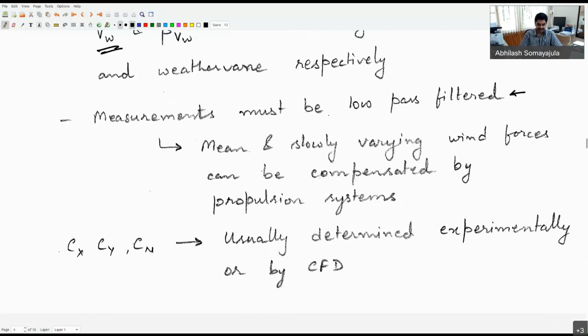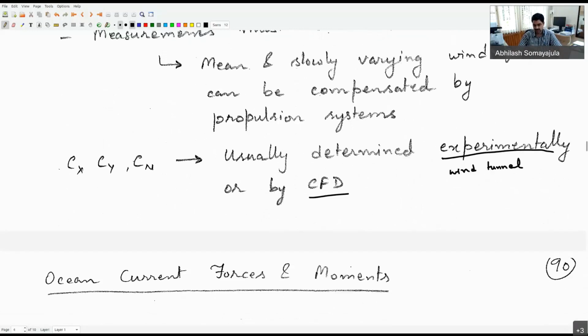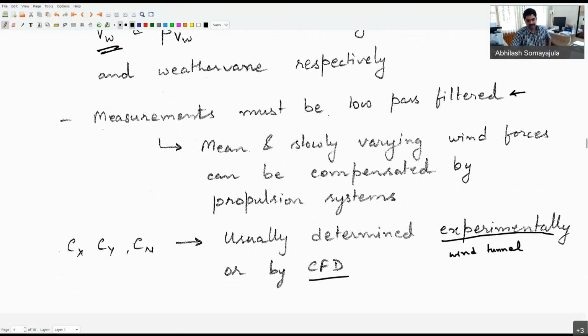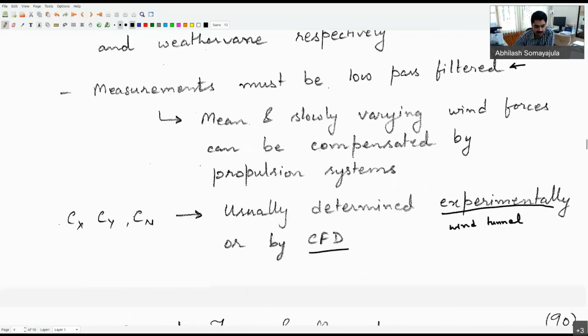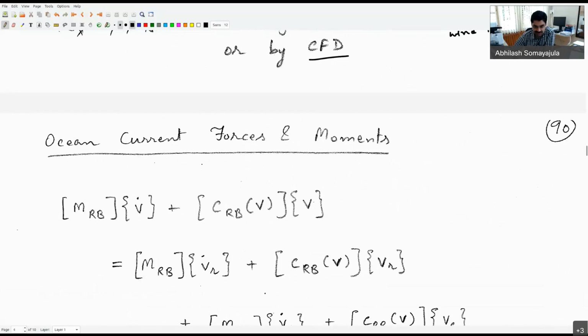Okay, as I said, these coefficients usually can be determined experimentally or by a CFD. So when I say experimentally, they will be determined by a wind tunnel experiment or by a CFD exercise. So either way, you can find out. So that is how we will compute the so-called wind forcing vector and include it on the right-hand side of our equations of motion. All right, let's go back and talk a little bit about the currents